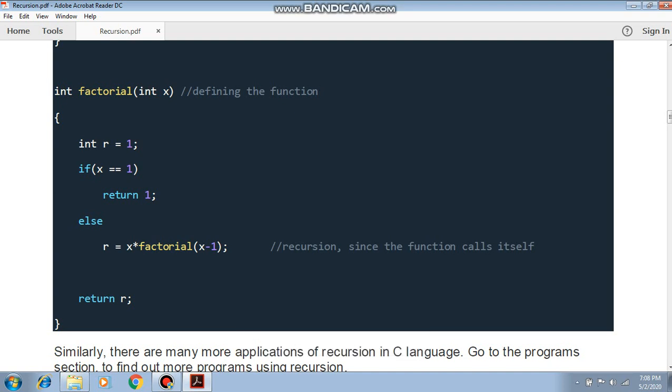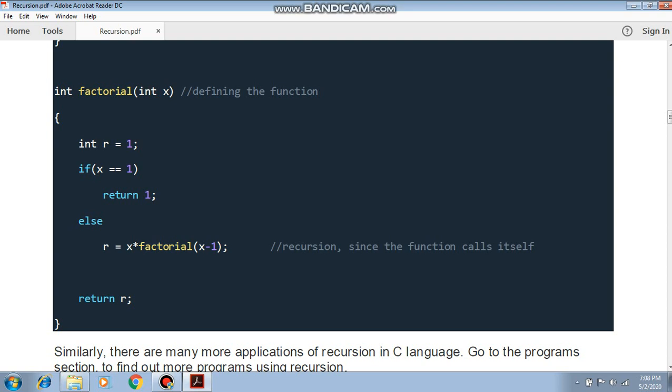So first time, R will store the multiplication value, all the multiplication values up to 1. So first x value is 5 multiplied with factorial(x minus 1), because every time we decrement the main value by 1.